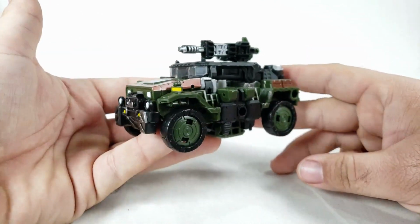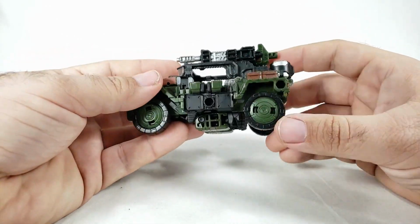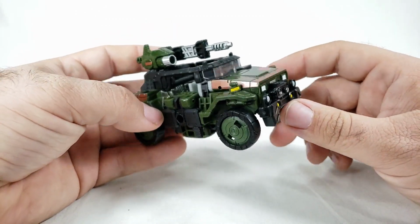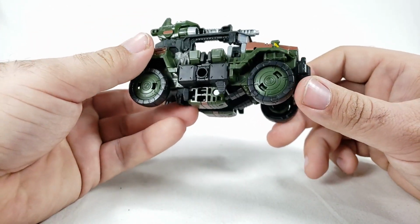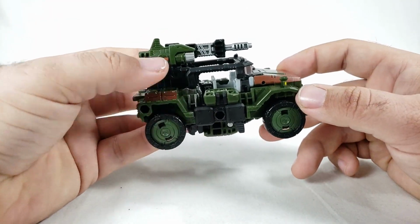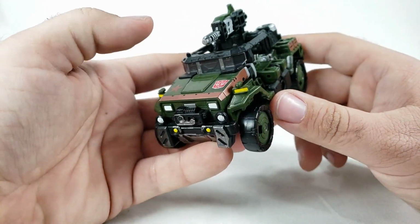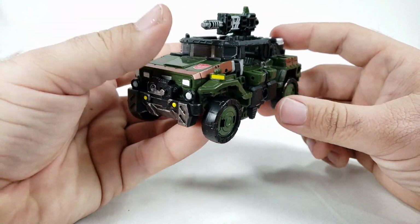So Space Jeep. I will say that this is my least favorite thing of this character, to be totally honest. While it's cool and definitely has a Warthog vibe from Halo, it's very busy and very gappy and kind of hollow. And the green is kind of muddled in with the grays. And this bronze color, I don't dig it as much. I think that if they had gone with yellow,